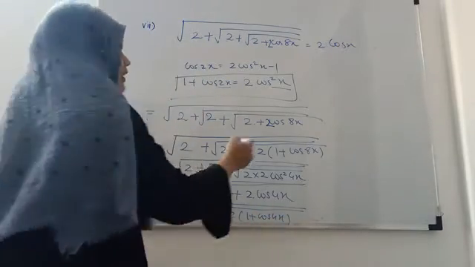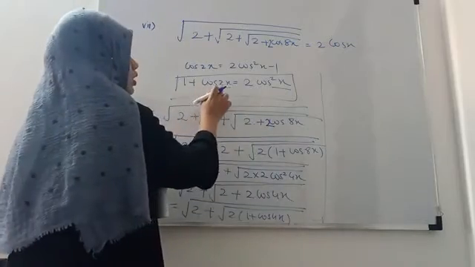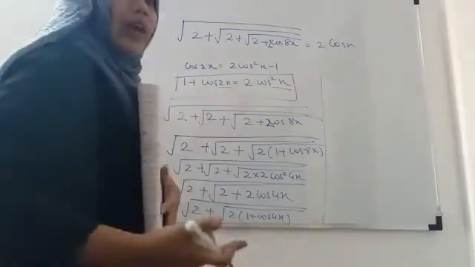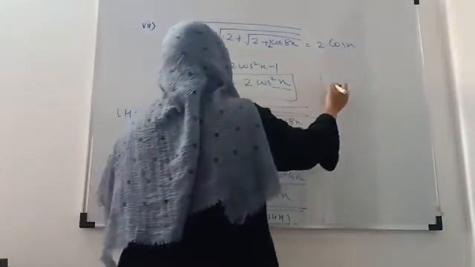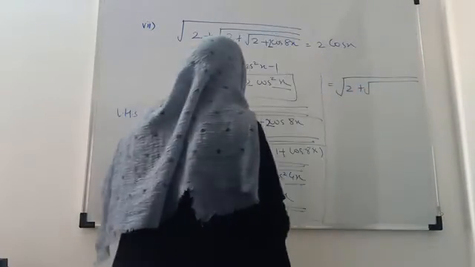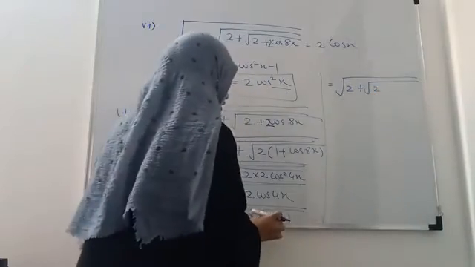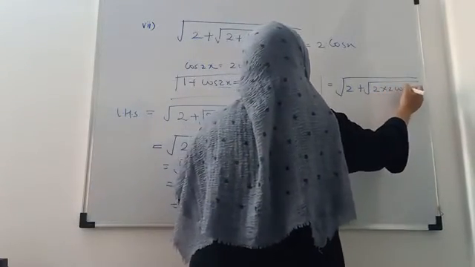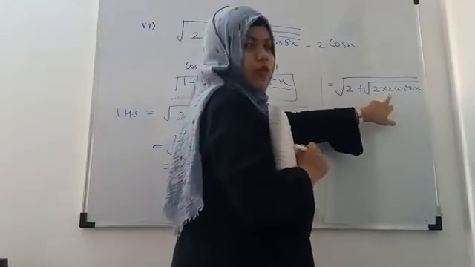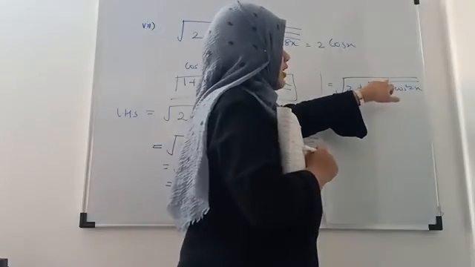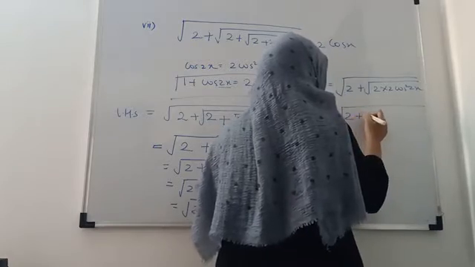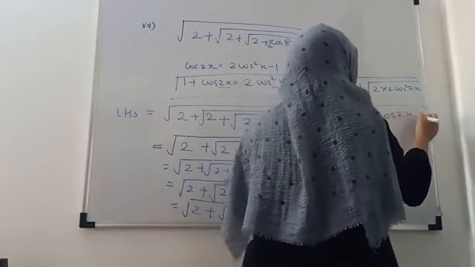Okay, again apply the same formula. 1 plus cos 4x will be 2 times cos square x, right? Sorry, 2 times cos square 2x. 4x का 2x हो जाएगा. So here it is first root and the second root. It will be 2 as it is, and the formula for this will be 2 cos square 2x. Okay. Now this 2 4. Okay. Now this 4 and this square will get cancelled with this square root. So you will be left with 2 plus 2 times cos 2x.